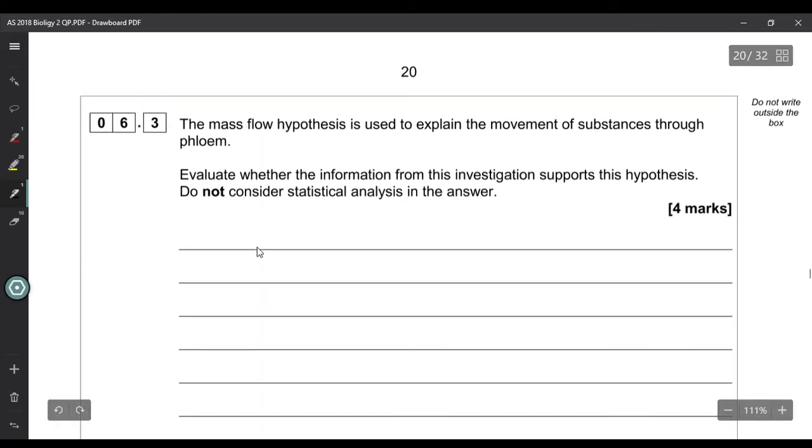Right, 6.3 says the mass flow hypothesis is used to explain the movement of substances through the phloem. Evaluate whether the information from this investigation supports this hypothesis. Do not consider statistical analysis in the answer. Okay, so what we've got to do here, because we're evaluating,